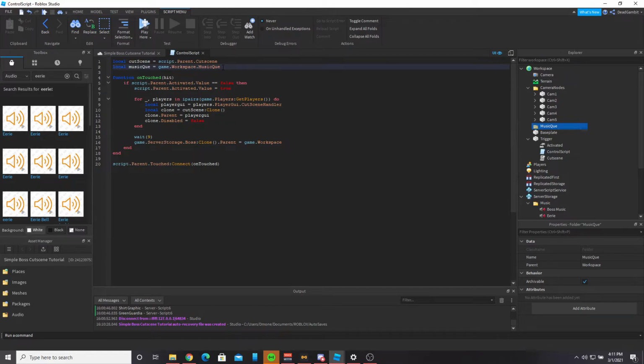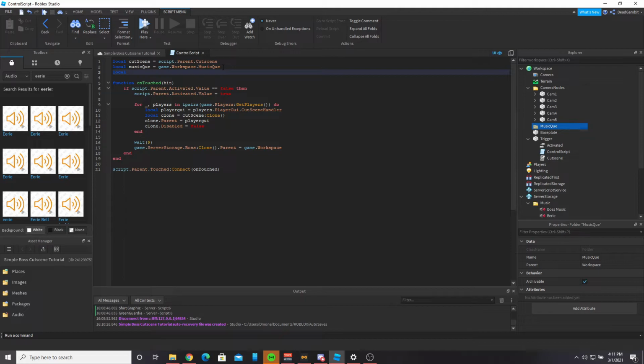So let's make a reference to the music folder inside of our server storage. So then we'll have music folder dot eerie, or let's do this,